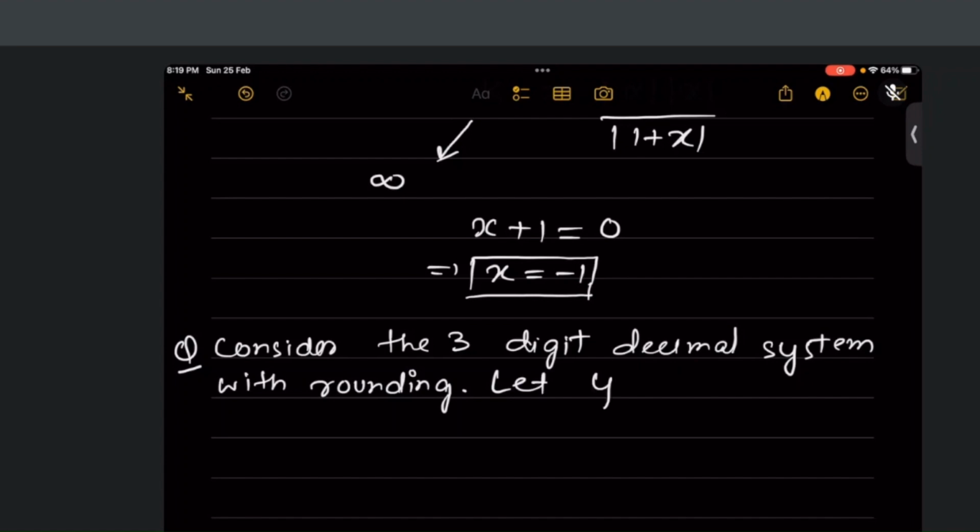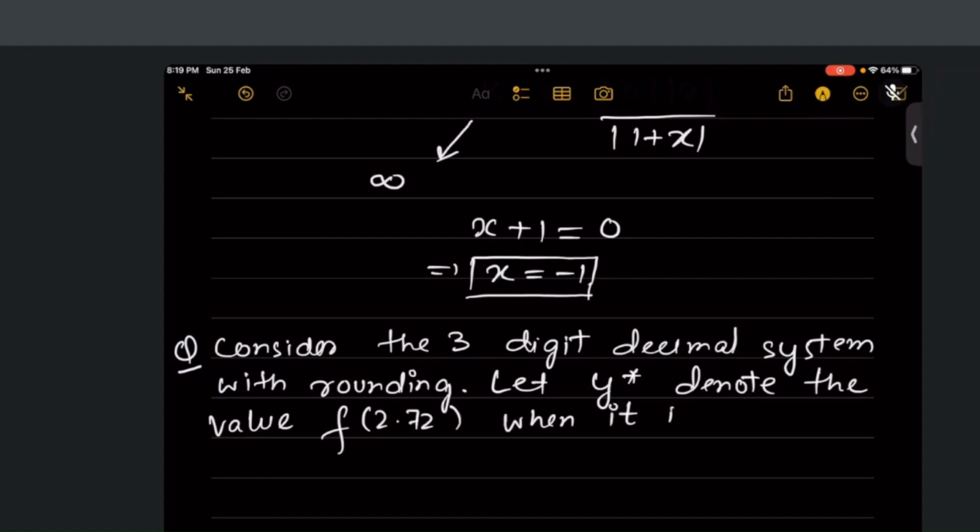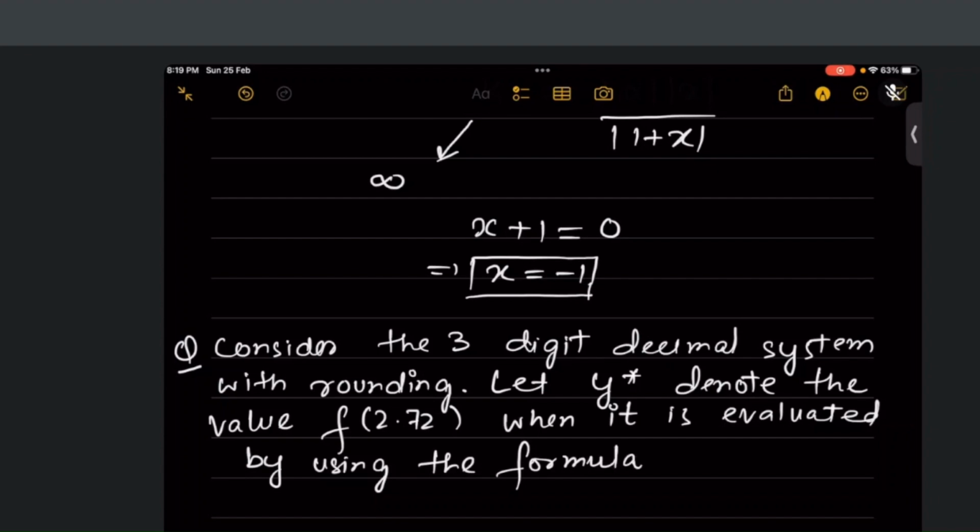Let y star denote the value of f of 2.72 when it is evaluated by using the formula f of x equal to